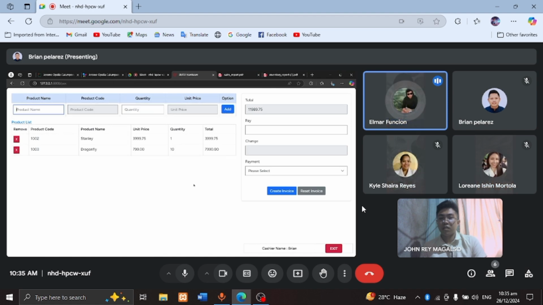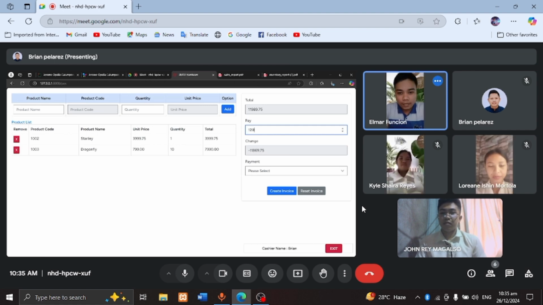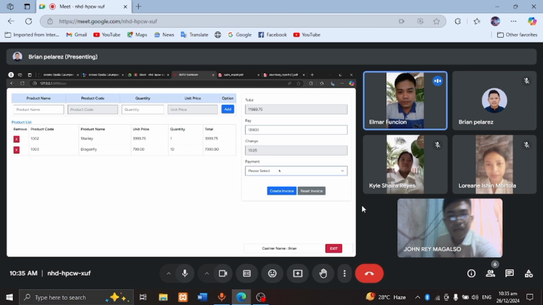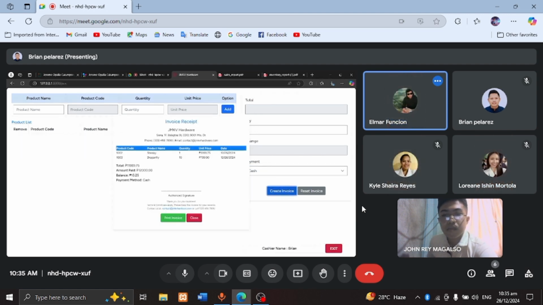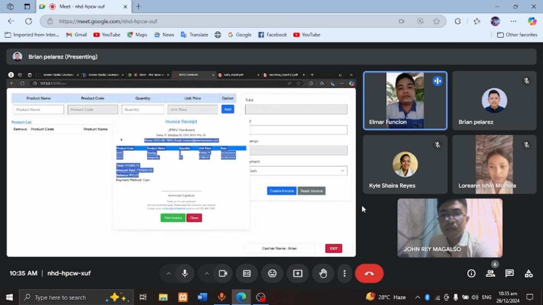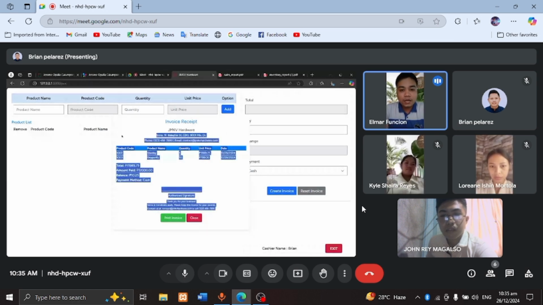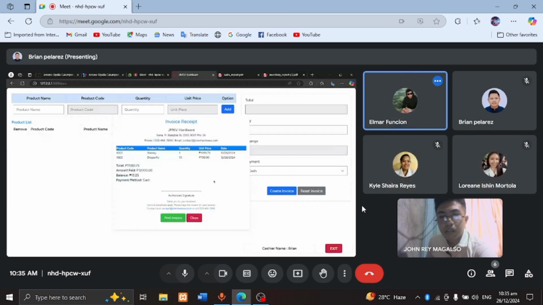So we're going to perform the buy to create the invoice receipt. Upon clicking that, as you can see, the system generates the report for the customer sales. So we're going to print that out.